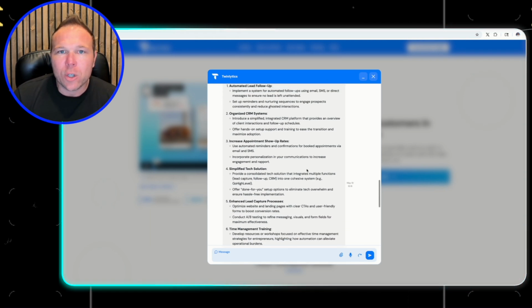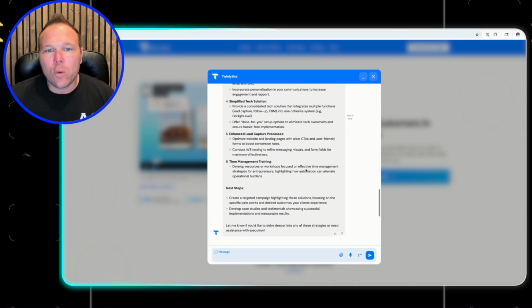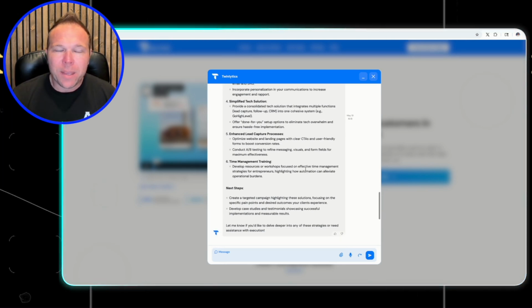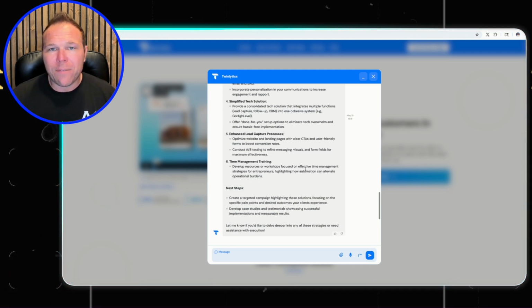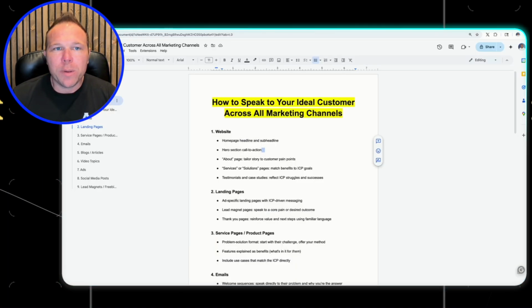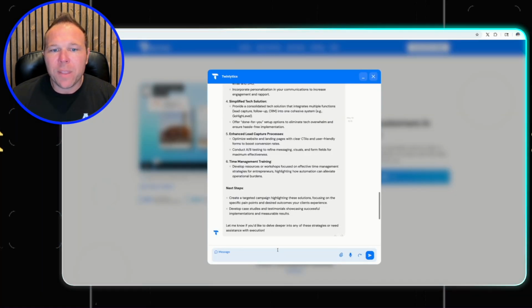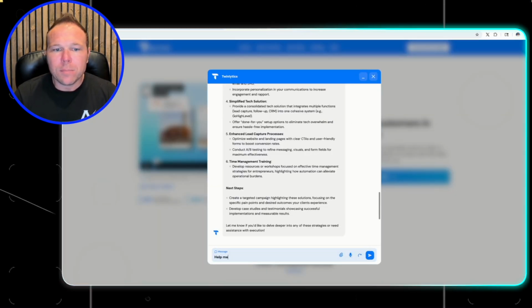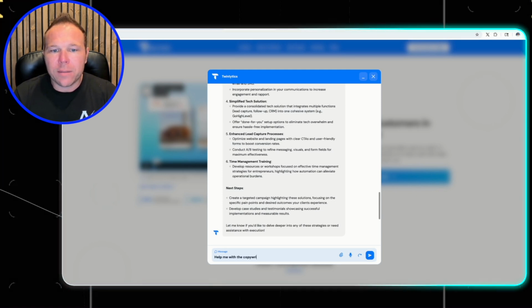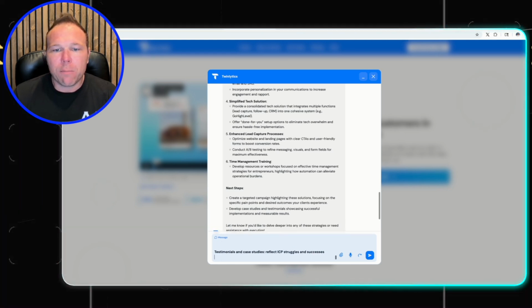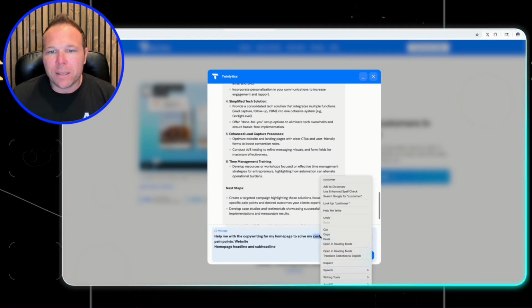organized CRM, show-up rates, different things like that I know will solve them. Now I need to come up with the copy to actually solve them and encourage people, hey, you have this pain point, this is how we're going to help, and this is how we're going to solve it. So what we need to do is go over and we need to grab first the homepage. So what we want to do is say, hey, help me with the copywriting for my homepage to solve my customer pain points. And all you got to do is put in the prompt I gave you, fix your spelling,